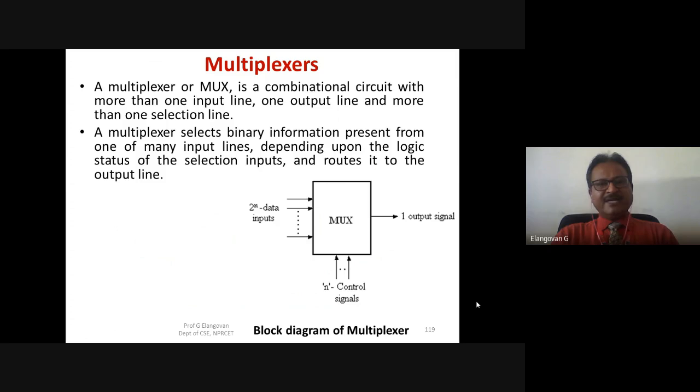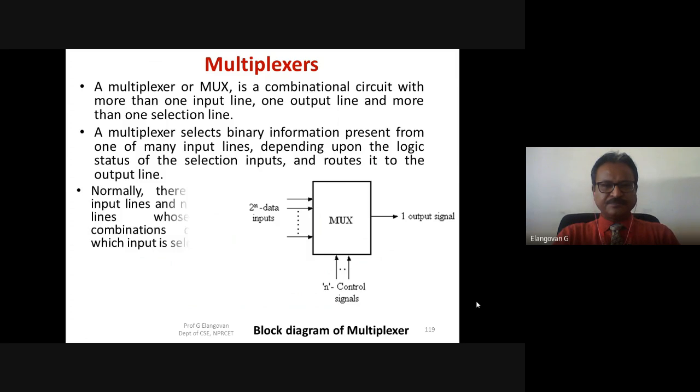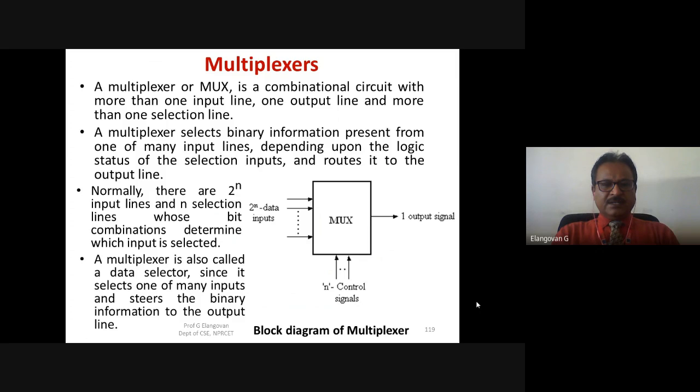If you have n select signals, you can have a maximum of 2 power n distinct inputs, out of which only one will be selected as output. The multiplexer is sometimes referred to as a data selector.